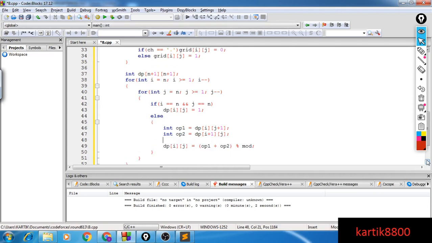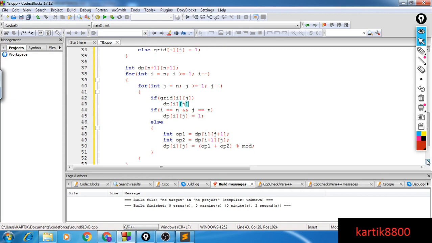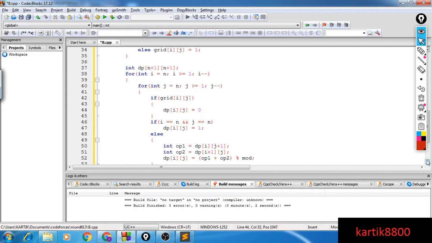Also, there's one thing to consider here. If the particular cell is blocked, so if grid[i][j] is blocked, I don't really need to do any of these things because my answer is obviously going to be 0. If this is 1, then that means my cell is blocked, and then dp[i][j] becomes 0, and I could in fact break or maybe continue.